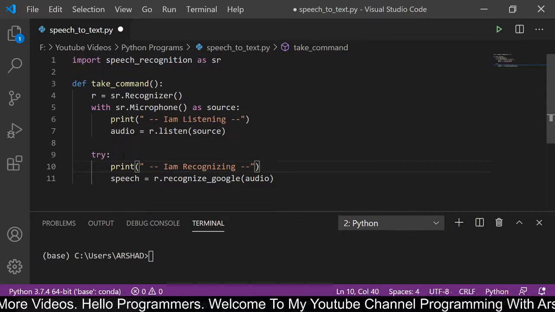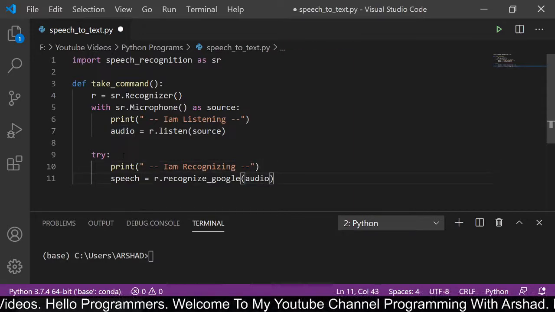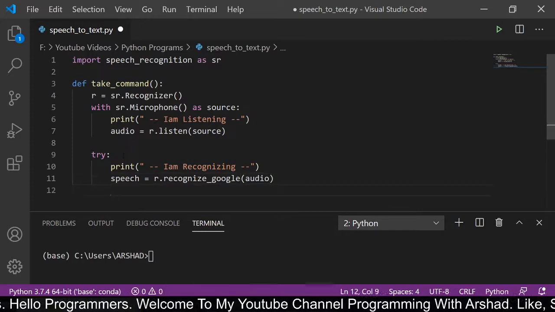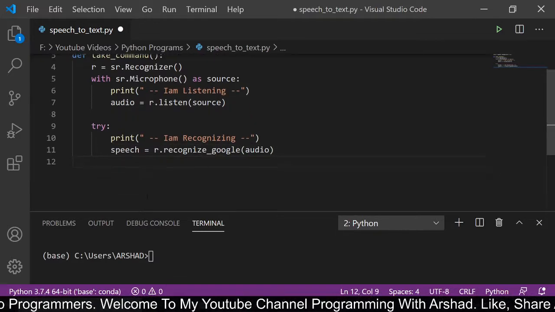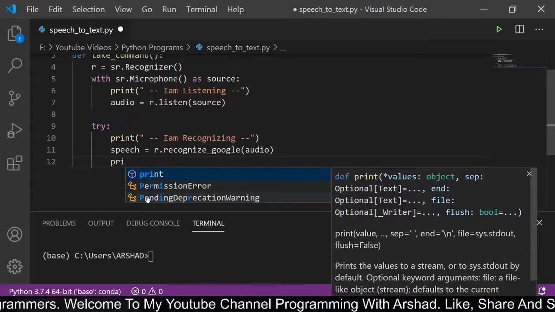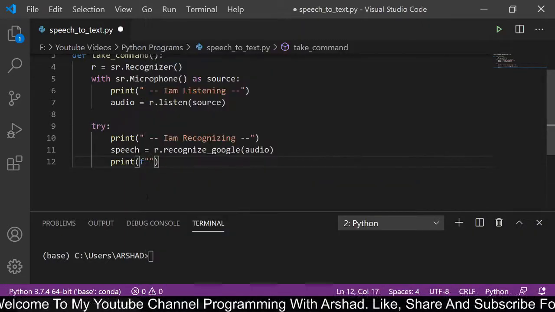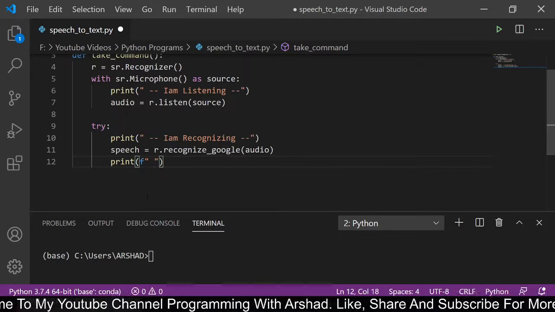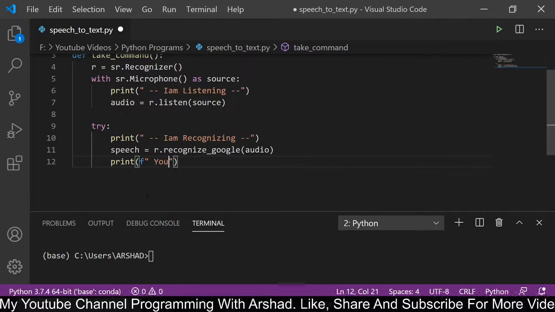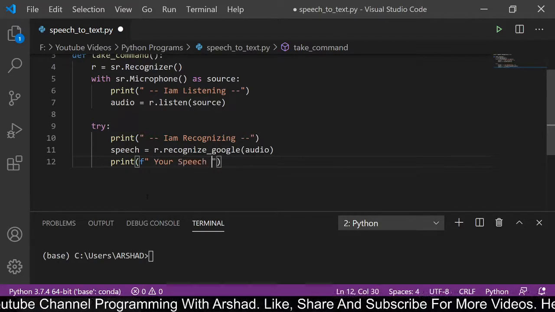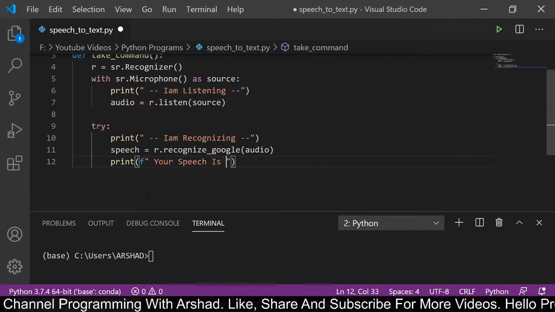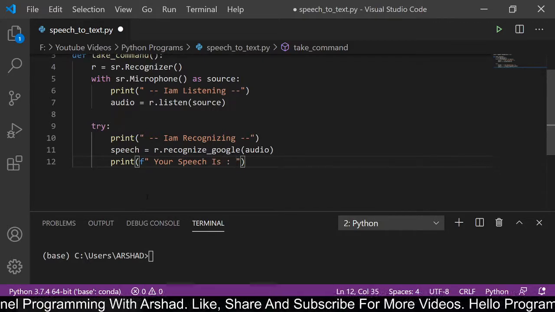That's all, guys. Now once this recognizes, I am just printing my speech. I am giving "your speech is" and then speech.